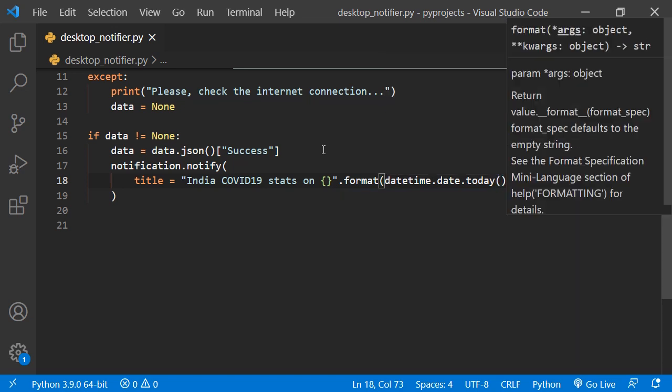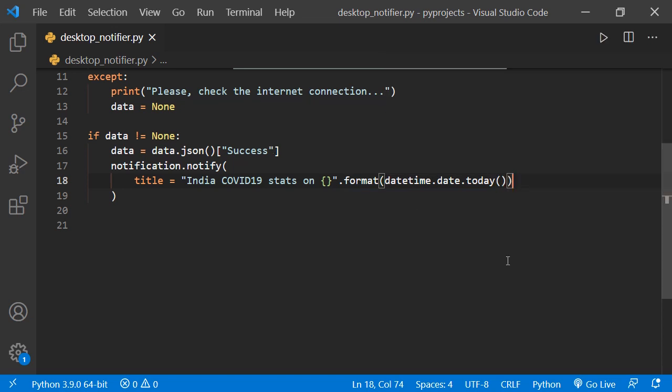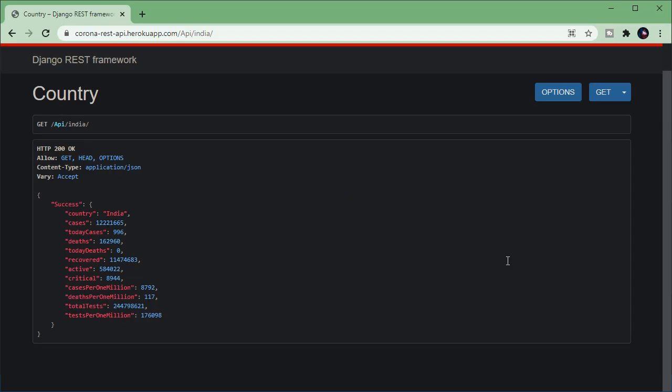So here we are displaying the date of today, and then we have the message. This is just the body of the notification. Here we have so many parameters for this data, but as an example I'm going to use just these four parameters.